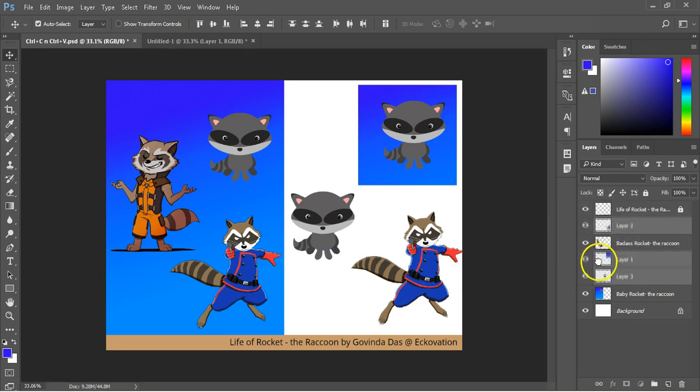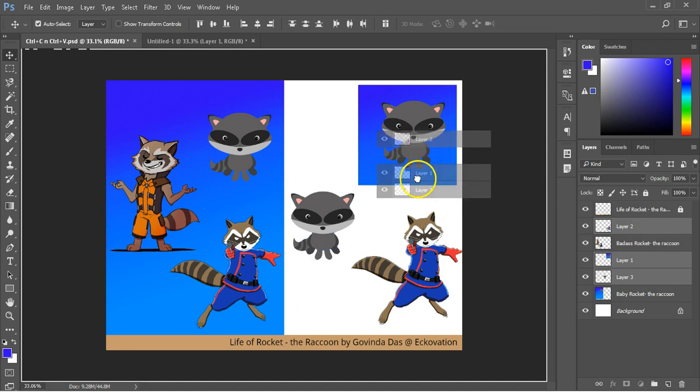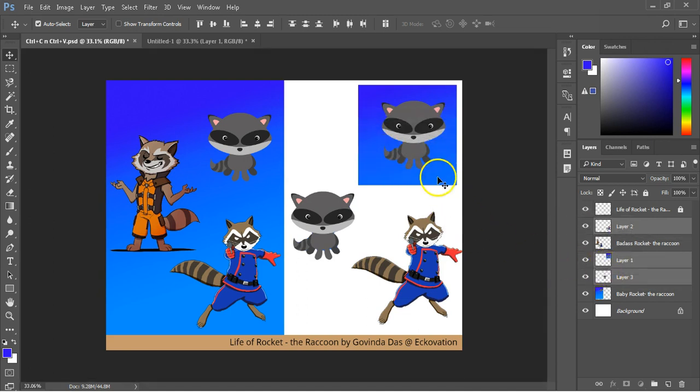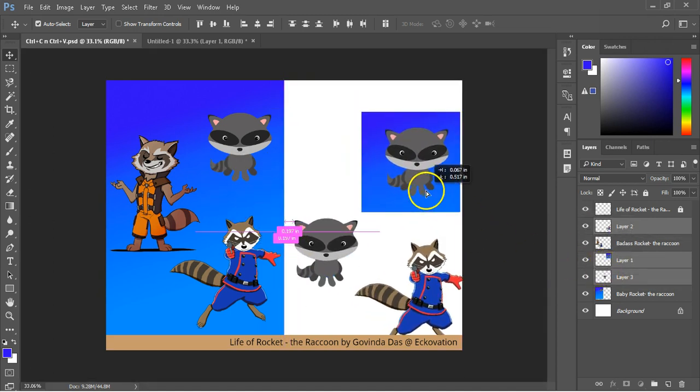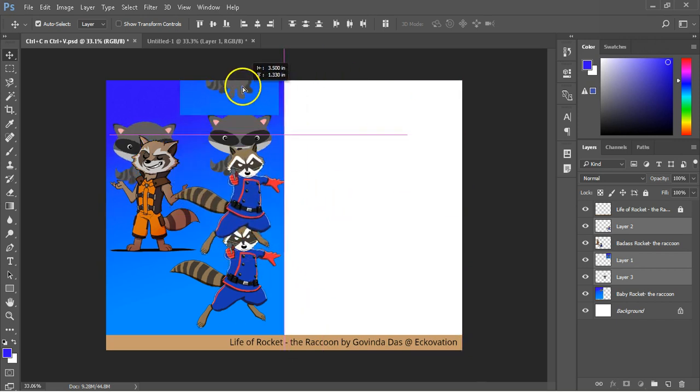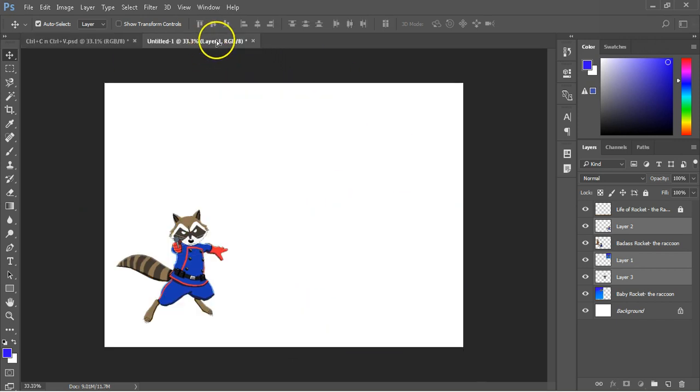Now once selected, you can click and drag the layers from the canvas itself or from the layers panel. Do whatever suits you. I'll use the layers from the canvas. Click and drag these layers to the new document tab, and once you mouse over the tab for long enough, the new document should be visible.